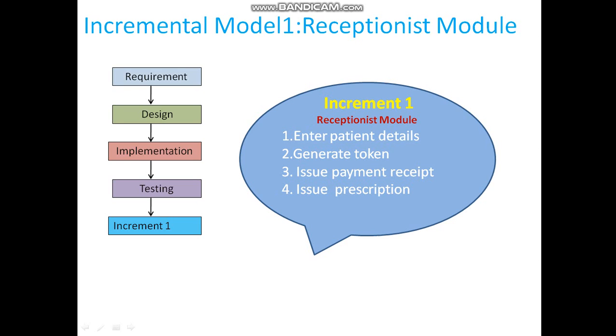that particular receptionist can first of all check these first two features, and this is actually the difference between incremental model and waterfall model. Till increment 1, our product is not ready, but still some features which are ready are installed for the trial, or for checking, or for collecting the feedback from the client. Okay, so this is the advantage of incremental model. So in this way, in this case study, this first increment is launched.